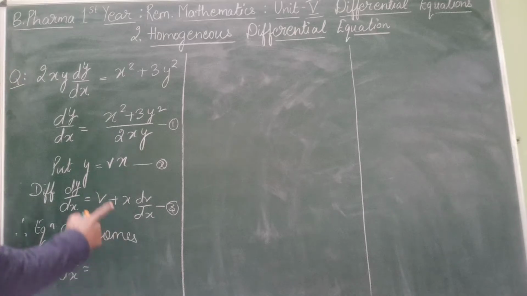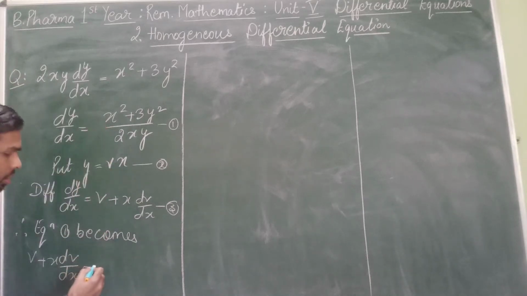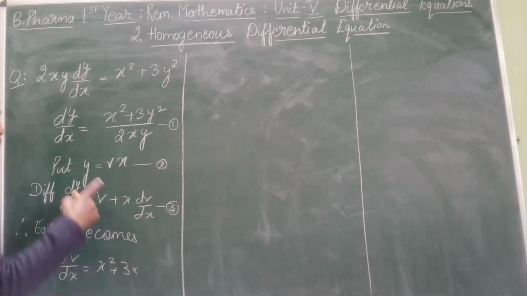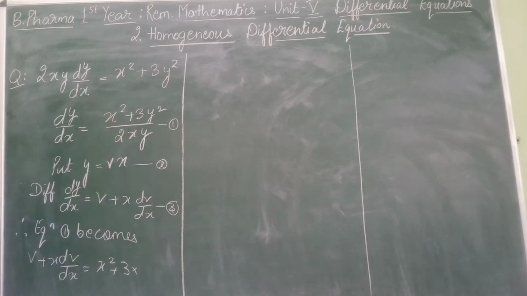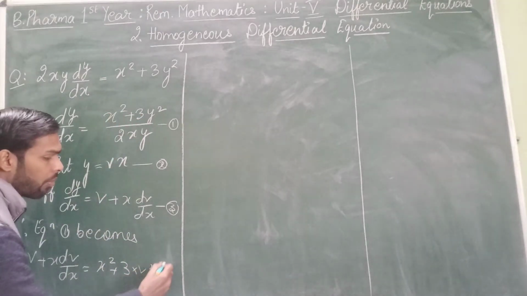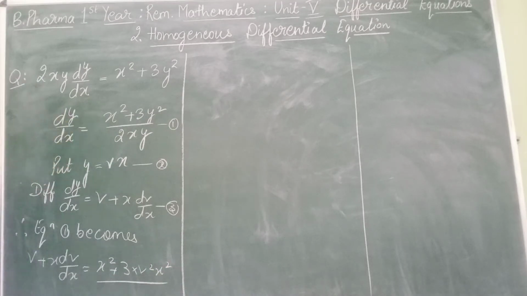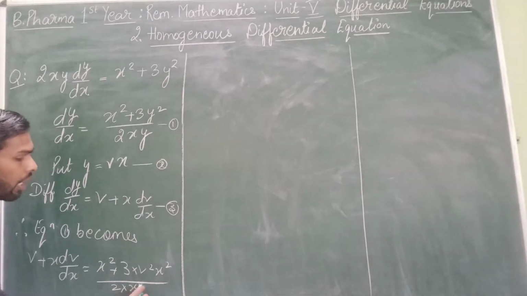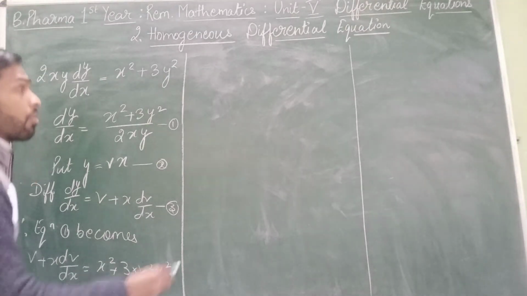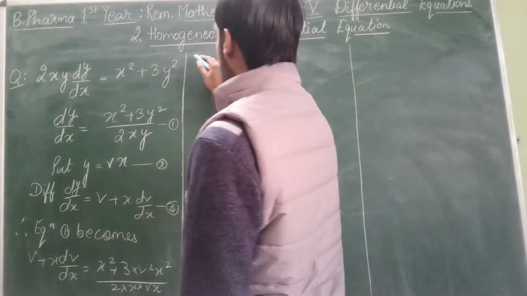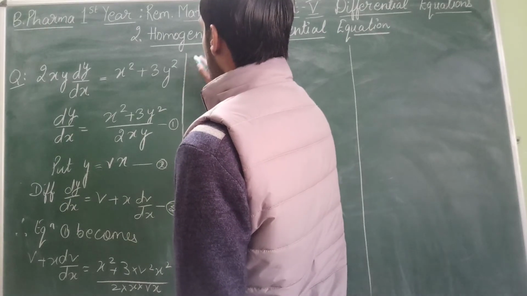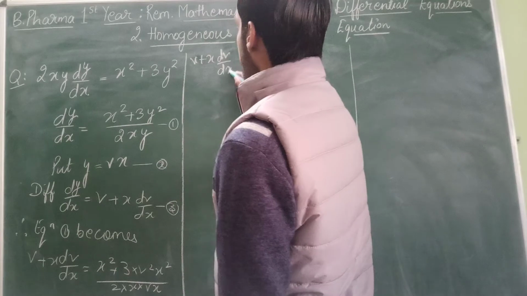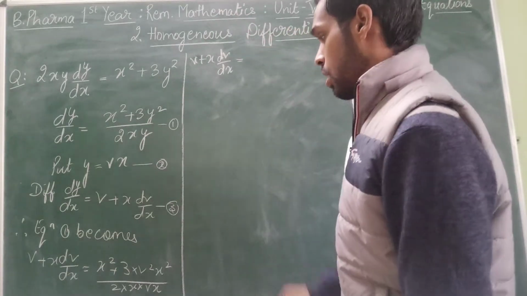equals to x square plus 3y square upon 2 into x into y. See, you are having y, so if you have to put the value of y square, that is v square x square. And what is y? That is vx. So a little bit easily solved. So it is v plus x dv by dx is equal to